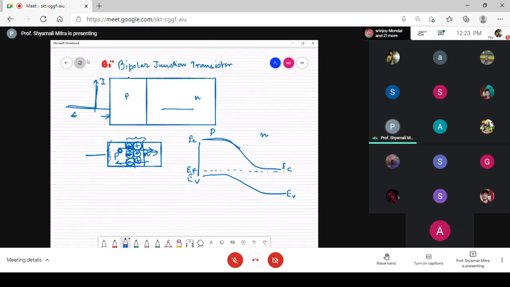So in this condition, the electric field will be pointing from the space charge region, from this direction to this region, from positive to negative. And when we apply some bias over to it, then what is happening is that in the P side, we